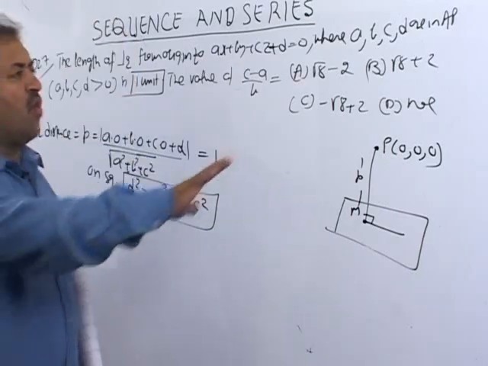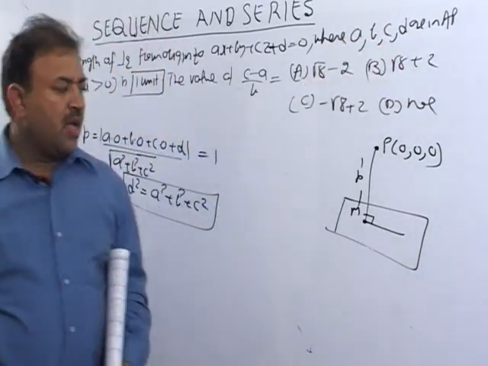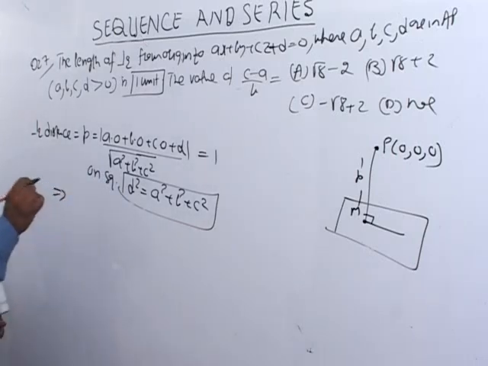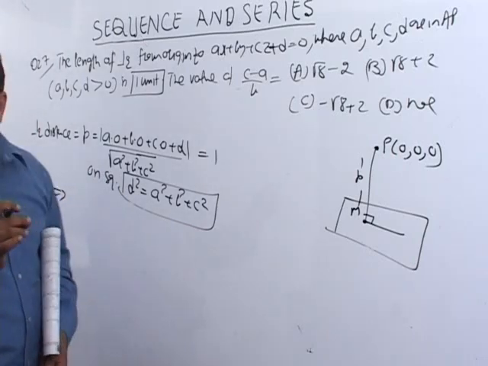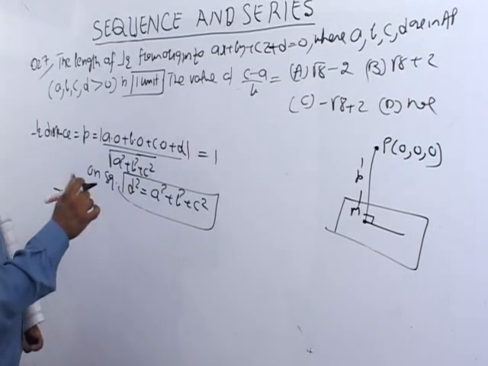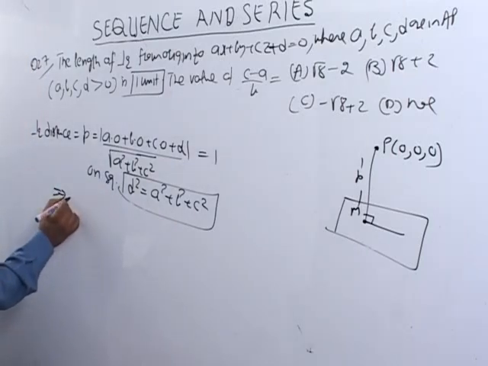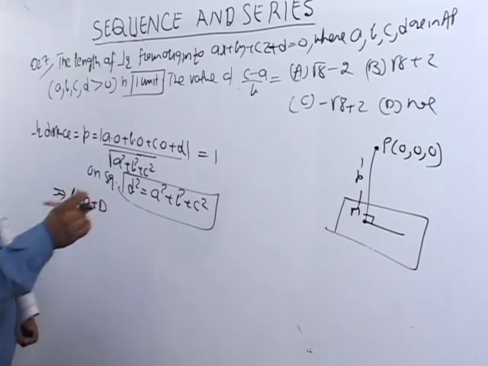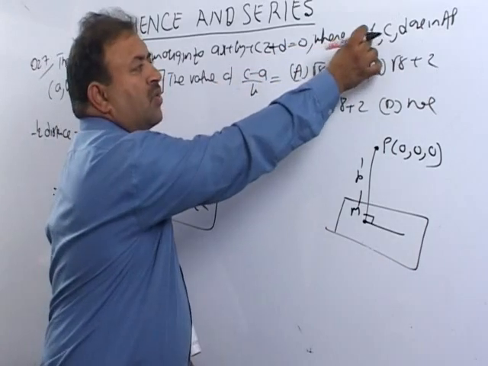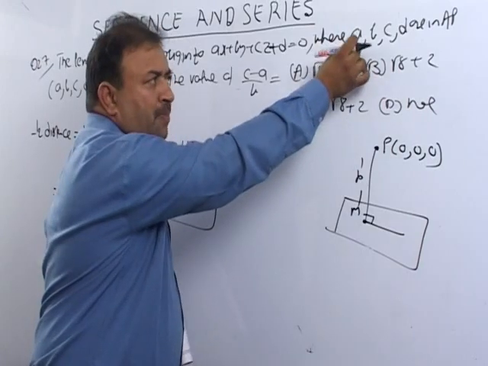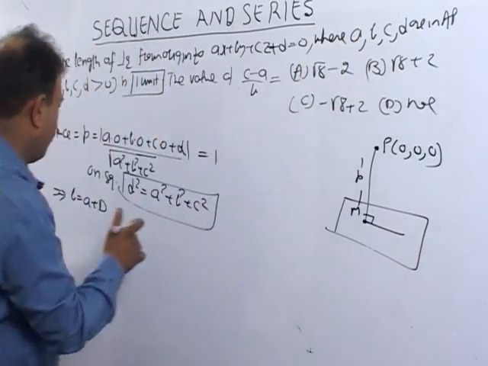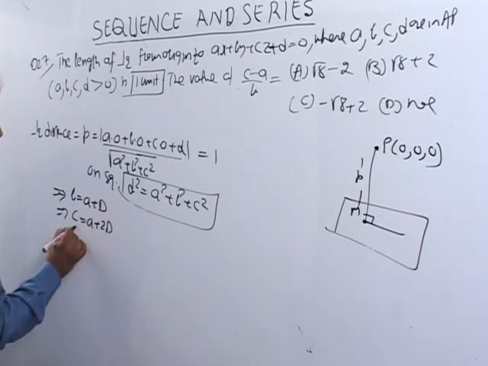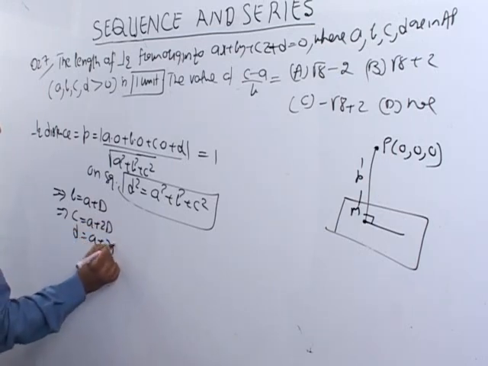Now we have been given what? A, B, C, D are in AP. हमें गिवन है A, B, C, D in AP. इसका मतलब हम क्या लिख सकते हैं, यहां पे एक कंसेप्ट जो कम यूज होता है बट इट जनरली यूजेस, कंपटीशन में थोड़ा सा यूज होता है, दैट इज आई कैन से B इज इक्वल टू A प्लस d. आई कैन से दिस टर्म इज इक्वल टू इससे पहले वाली टर्म प्लस कॉमन डिफरेंस, then C is equal to A plus 2d and D is equal to A plus 3d.